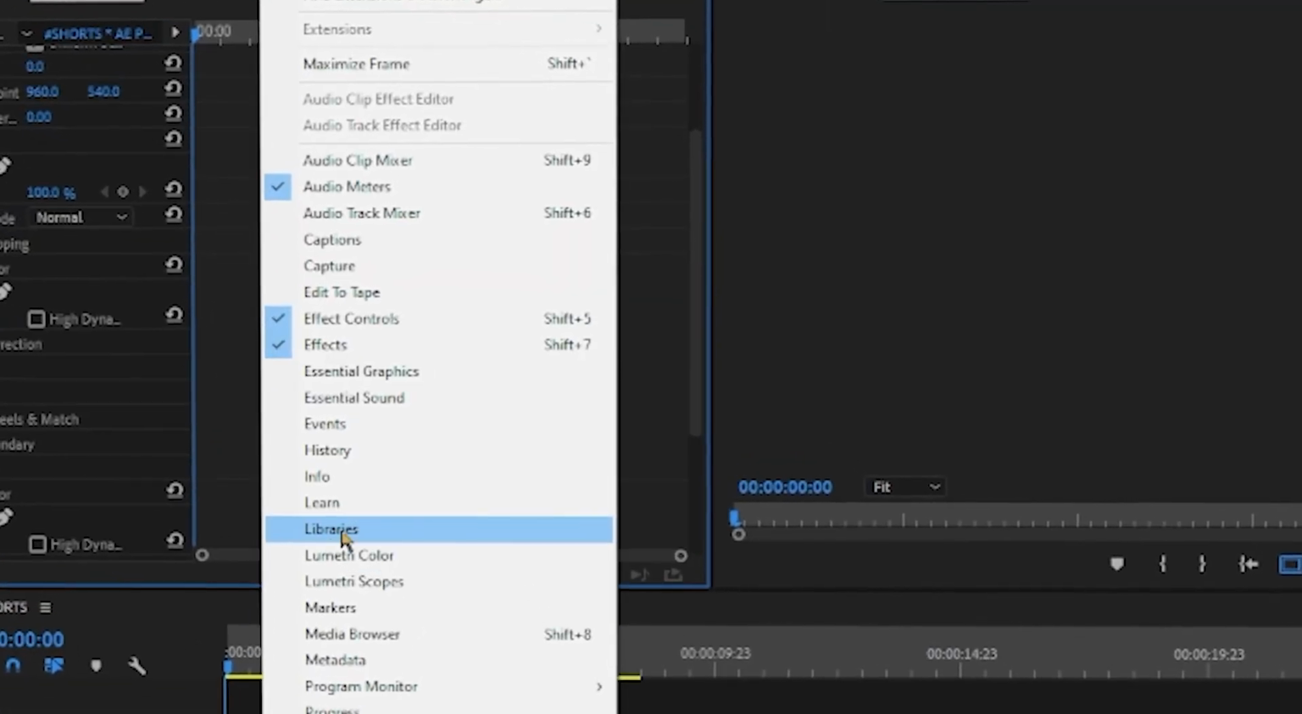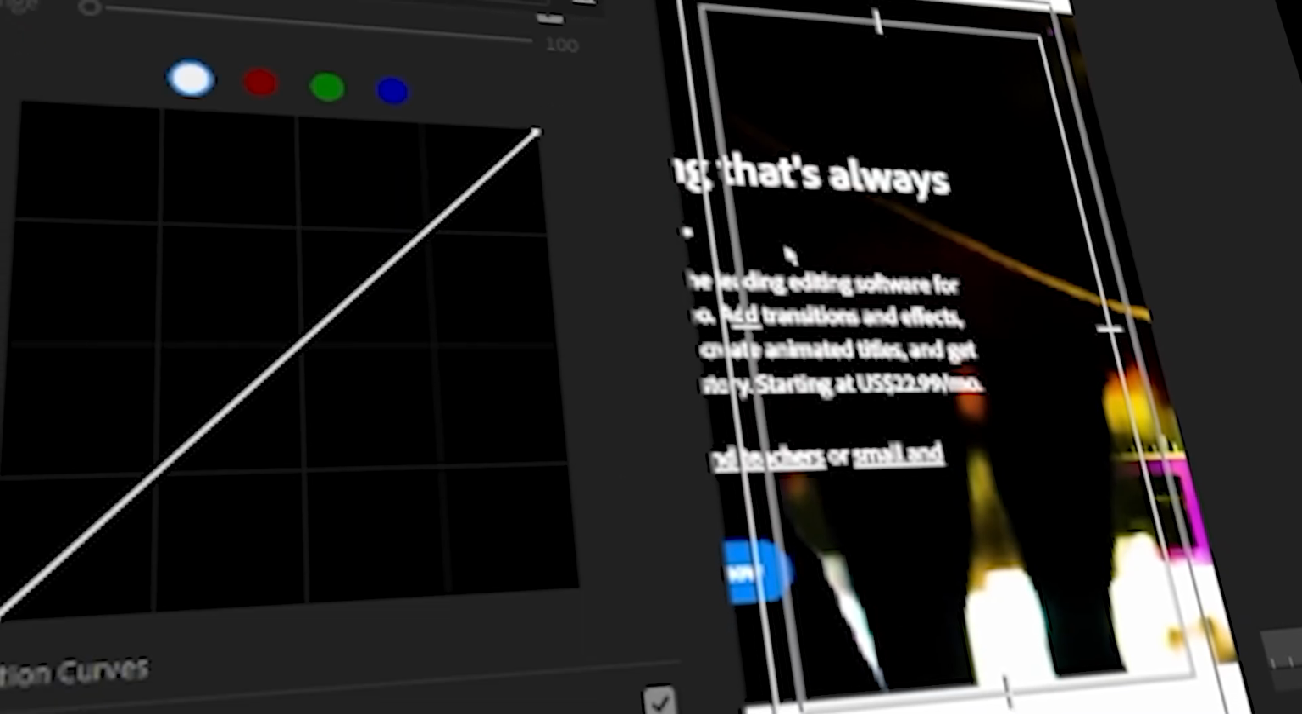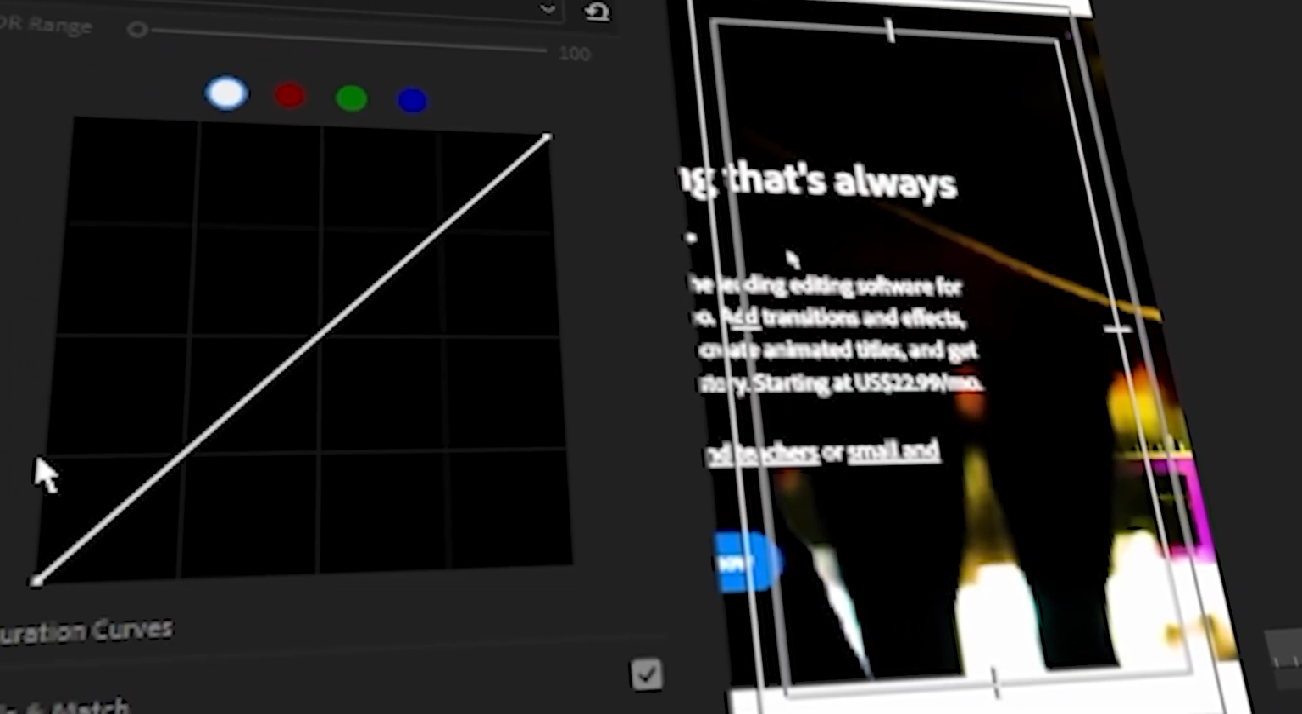This tutorial will show you how to get the Lumetri color panel in Adobe Premiere Pro CC video editing software